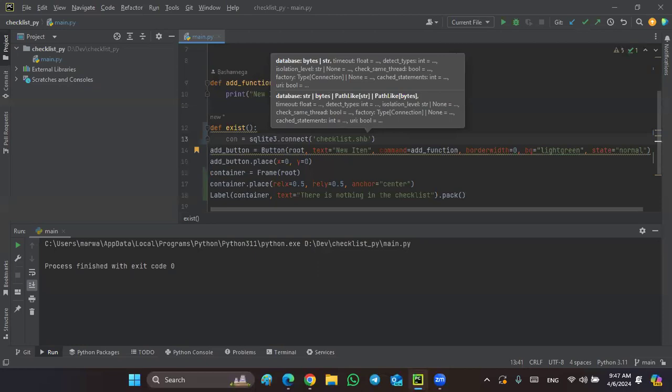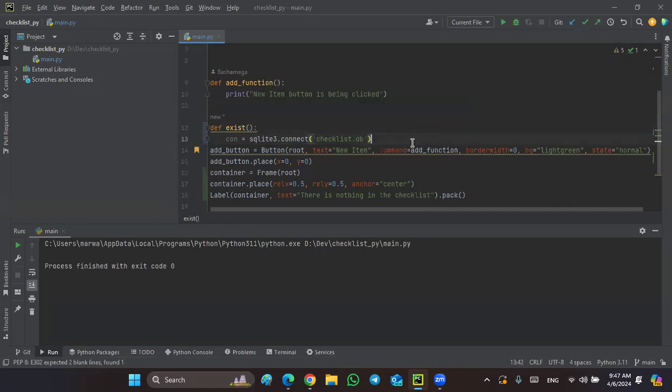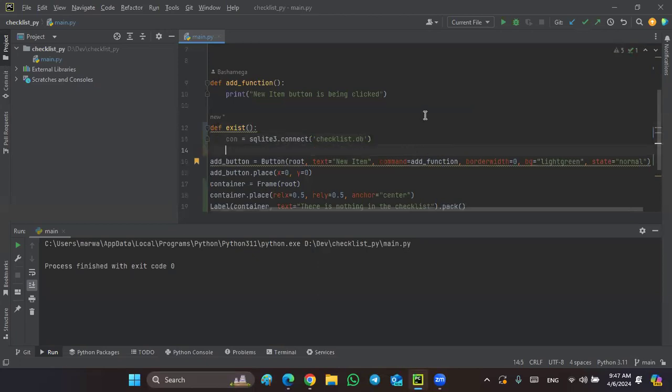The most important thing is that it ends with db. And if you notice that inside my directory here, I don't have the checklist.db, so if it doesn't exist, it will just create it. And inside of it, it will consist of tables,